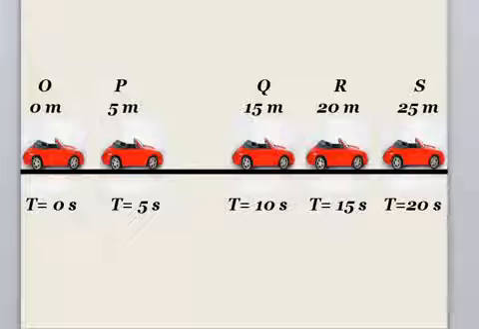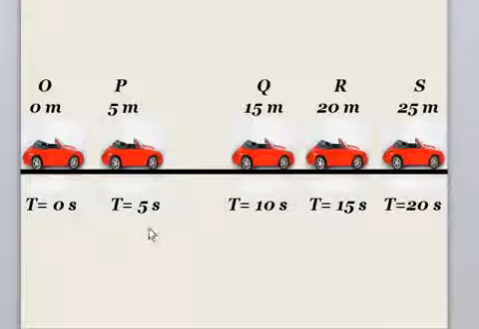So let's understand this with an activity. We often need to specify the position of an object at different times. Consider the motion of a toy car along a straight line. Choose point O as the point from where the toy car started moving. That is, the car was at point O at rest, that is, time is equal to 0 seconds. Let P, Q, R and S represent the positions of the toy car after different intervals of time.